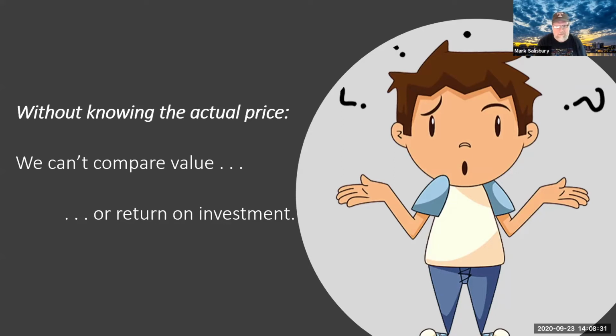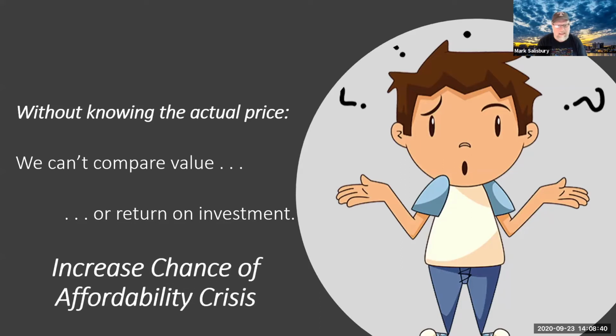And because price matters so much for students, and today it is the number one thing that families care about, without actual price, we end up increasing the chance of an affordability crisis for students next year, the year after that. The worst thing we can do for our students is put them in a position where they go to college and then they drop out because of cost. So they've got lots of debt, but no degree to show for it. And that is the problem with the student debt crisis right now.